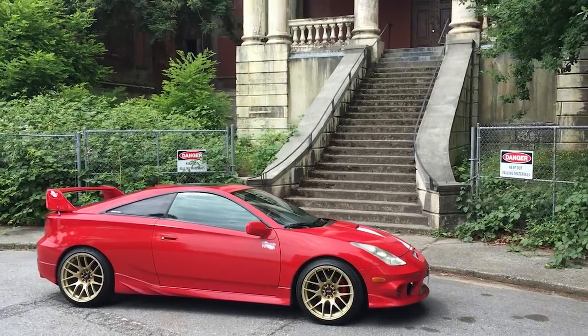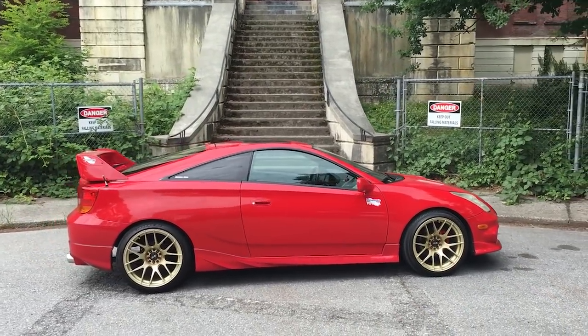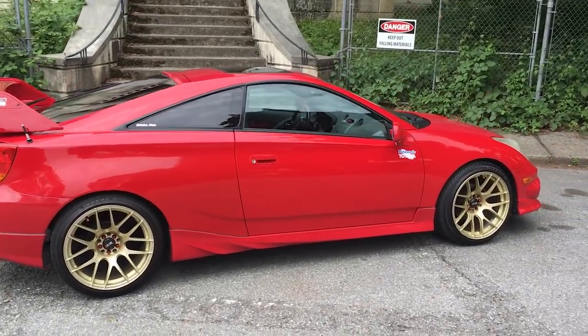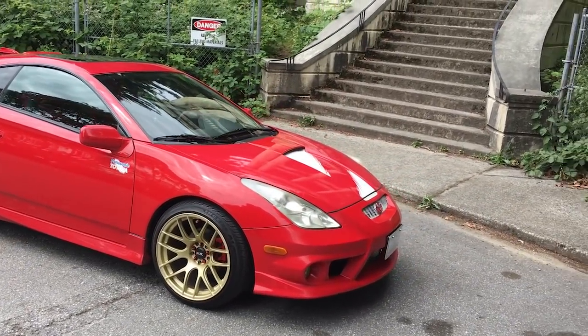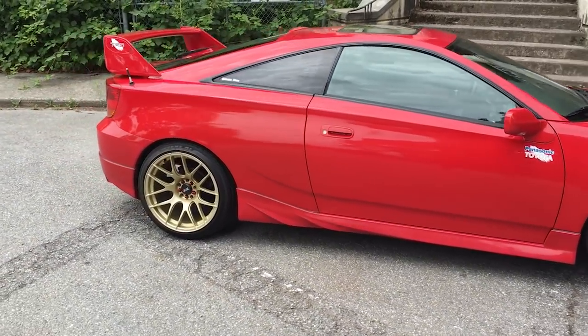Hey guys, my name is Laszlo from Vancouver, Canada, and this is my 2002 Toyota Celica GT Panasonic Edition. The Panasonic Edition is only available in Canada. It came with decals all around it. From the front here, you have this white stripe, and on the side says Panasonic Toyota, and also on the rear over here